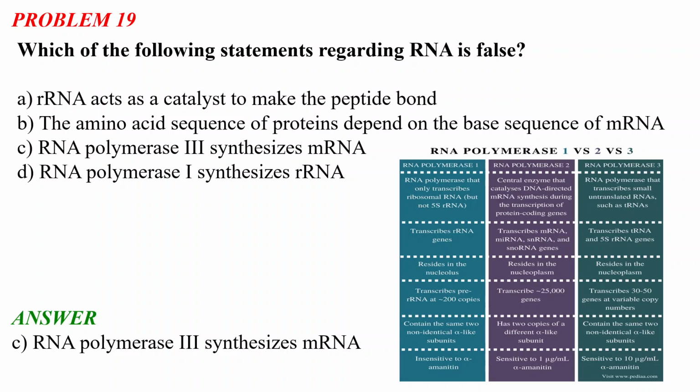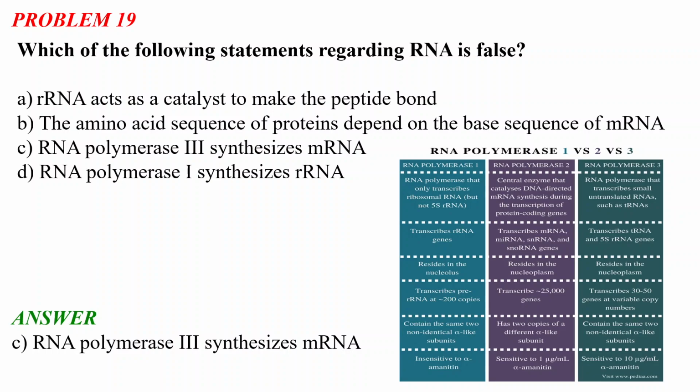The first one transcribes rRNA genes. The second one transcribes mRNA, miRNA, snRNA and snoRNA genes, and the last one transcribes tRNA and 5S rRNA genes. The first one resides in the nucleolus, the second one resides in the nucleoplasm, and the third one resides in the nucleoplasm. The first one transcribes pre-rRNA at almost 200 copies. The second one transcribes around 25,000 genes, and the third one transcribes 30 to 50 genes at